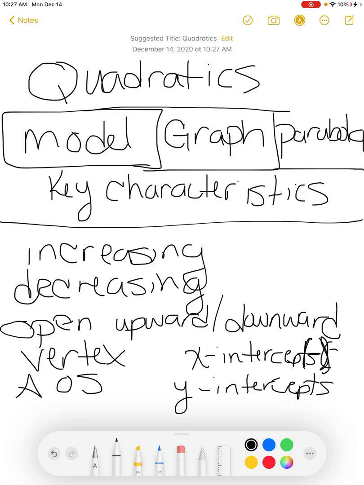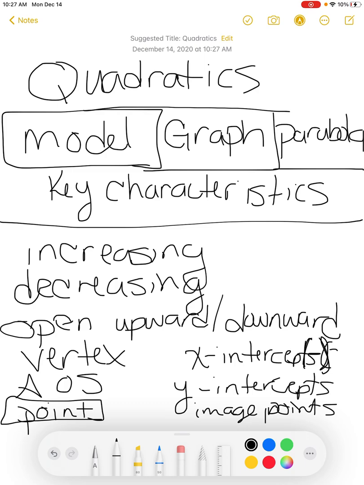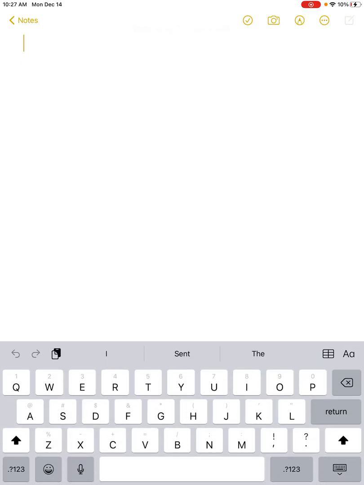We talked about plotting points, so you can have any point on the graph and then you name it. And we talked about image points, which are the points that reflect across the graph. Okay, so these are things we've already talked about. We're going to move forward now to